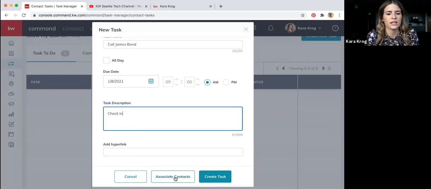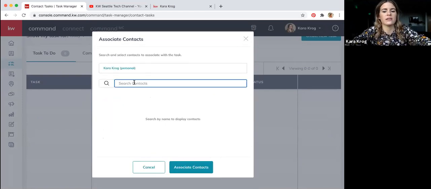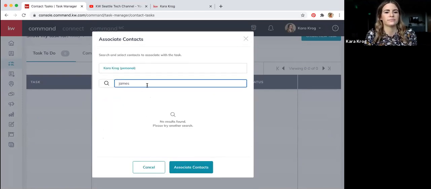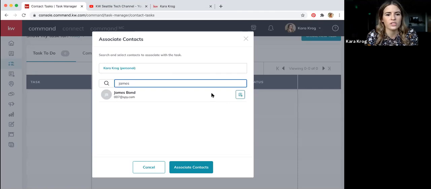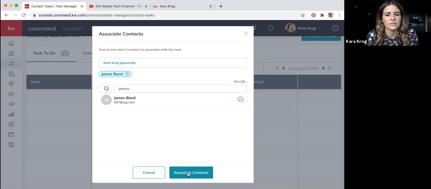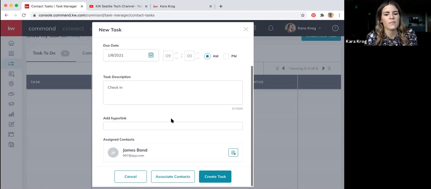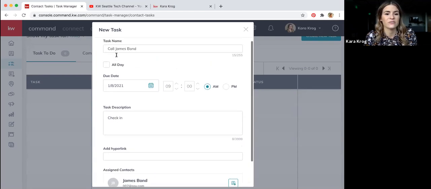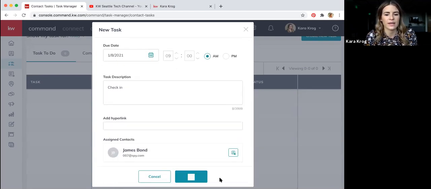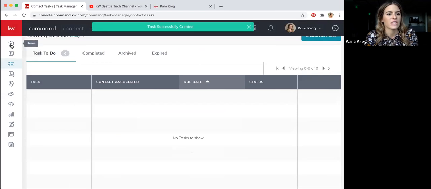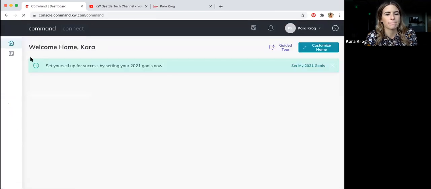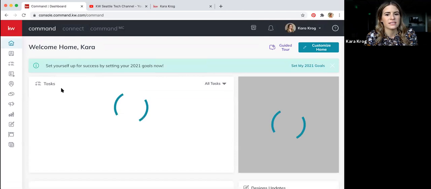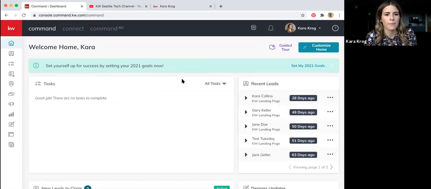I can also associate contacts with this too. So I just made a James Bond contact, so I will add him to this, associate contact. If I had a phone number in here for him, that'll make it even easier for me to directly call him for my tasks. So now if I go back home, since the task is set for tomorrow, it won't pop up quite yet,